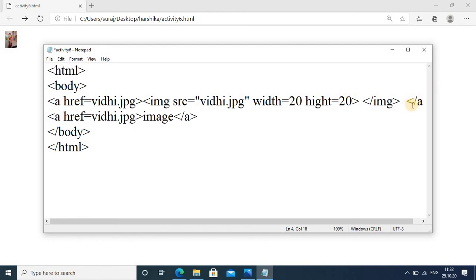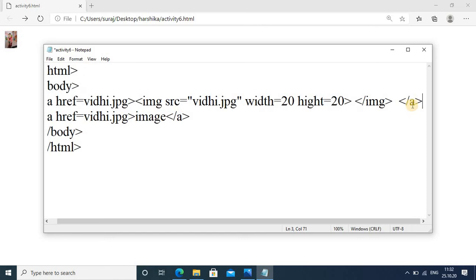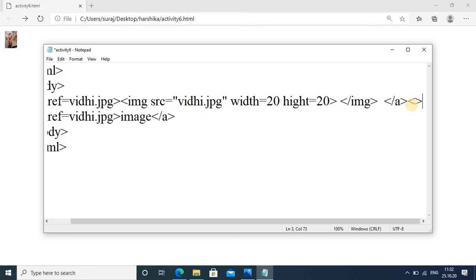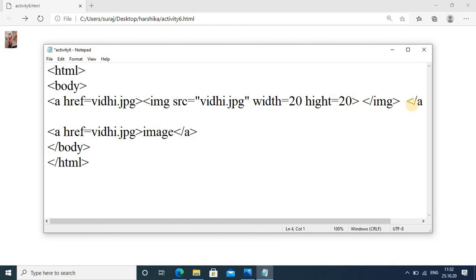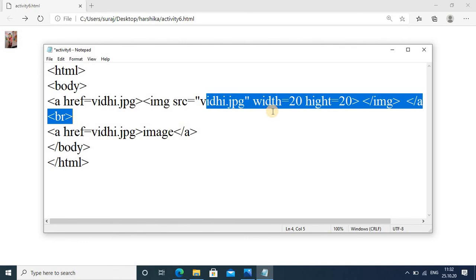Okay, so what will happen after executing this program? Downside I will add br tag, and close it. Okay, so now look here, this text is also your link and this image is also your link.